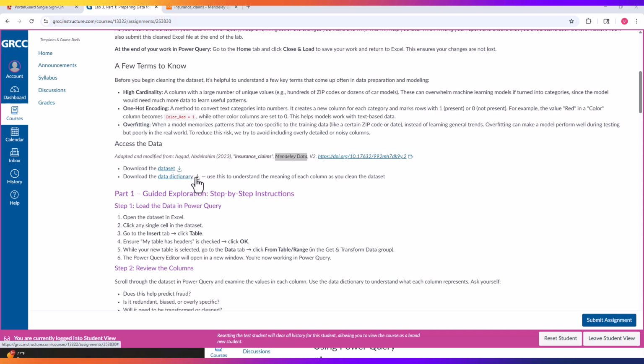And then also I provided a data dictionary, and you can use this to help understand the meaning of each of the columns in the data set, and that'll be helpful as we go through and decide what's relevant to predicting fraud, and also as we clean the data set up. So I think I'll get started by downloading these two files